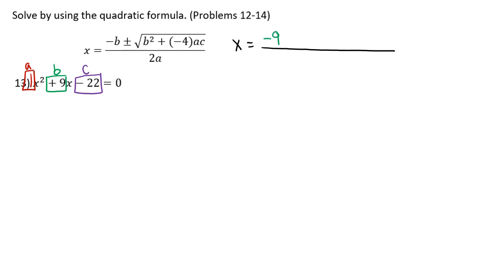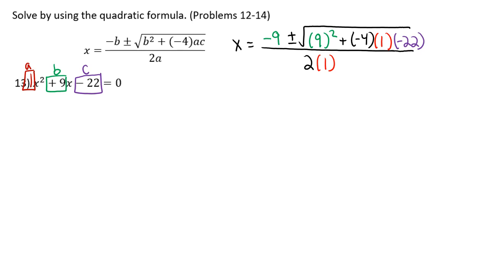So we have -9 plus and minus square root, and then we have b squared, so we're going to have 9 squared plus -4 times a, which is a 1, times c, which is -22, all over 2 times a, which is a 1. So we are going to have x equals -9 plus and minus the square root of,